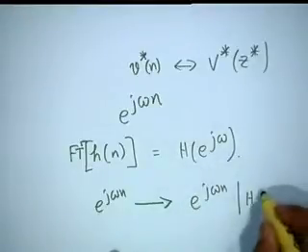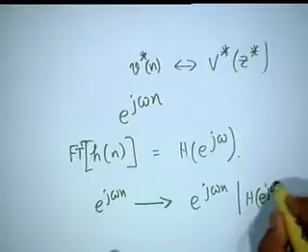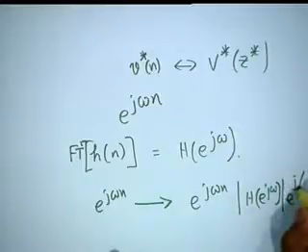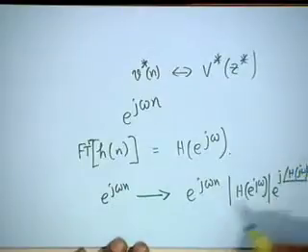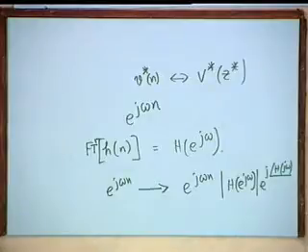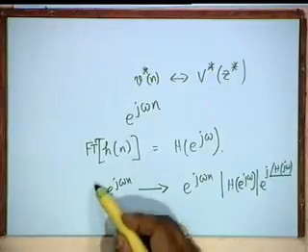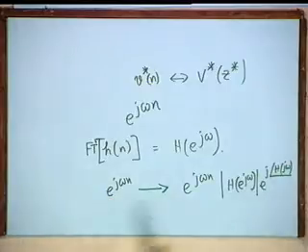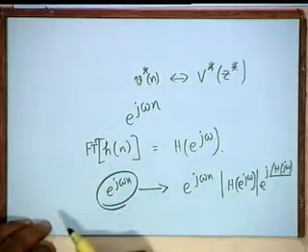this constant, which I can write in terms of a magnitude and an angle. And therefore, if I know the response to e to the j omega n, then I know the response to cosine omega n and also sine omega n, because it is a linear system. If I take the real part of the left hand side, I must take the real part of the right hand side. Similarly goes for the imaginary parts. Therefore, this signal is an extremely important signal for linear time invariant systems.